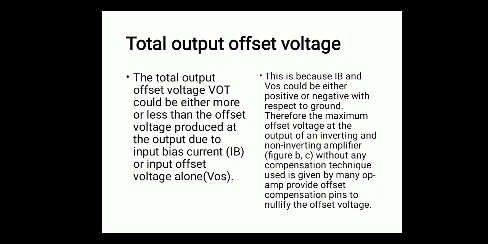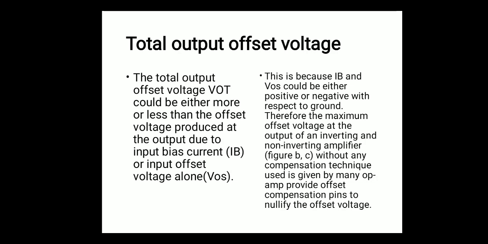Next one is the total output offset voltage. Total output offset voltage could be either more or less than the offset voltage produced at the output due to input bias current. This is because the input offset voltage VIOS that we discussed earlier and the input bias current IB could be either positive or negative. Hence, the maximum output offset voltage of an inverting amplifier can be found. Without any compensation technique, the maximum output offset voltage VOT could be